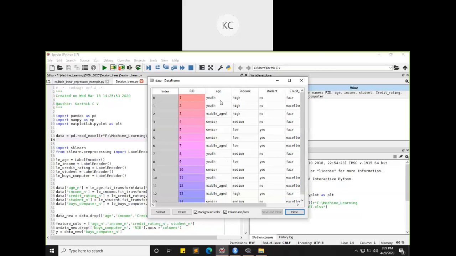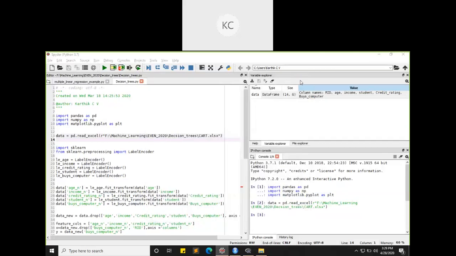So for that, we encode these values to numerical values using something called a label encoder. It is similar to the creation of dummy variables; the concept is similar.